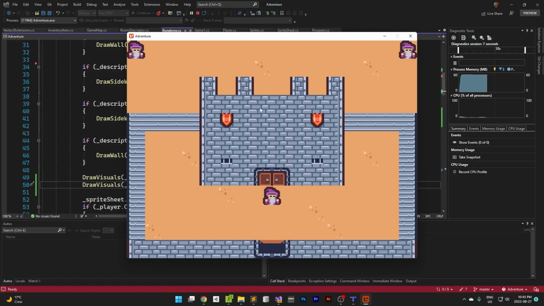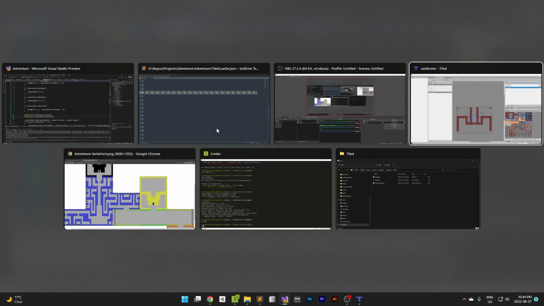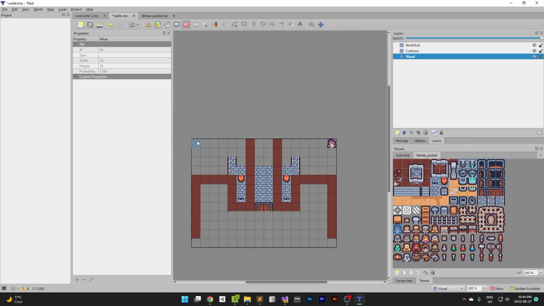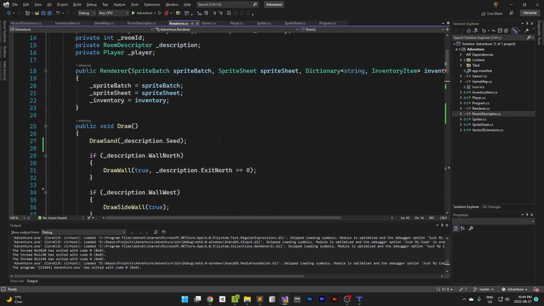Now the north exit, I think we have to, well, yeah. So we don't have the key for that just yet, but I also don't want to. I want to do the collisions first. Right, let's get rid of the wizards from there. So go in here, erase these wizards. And now our collision,